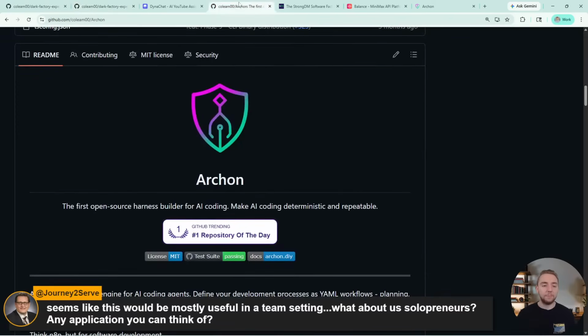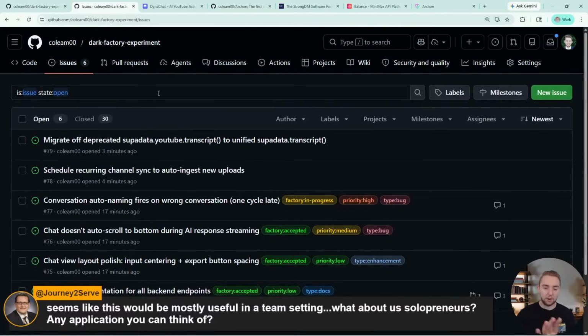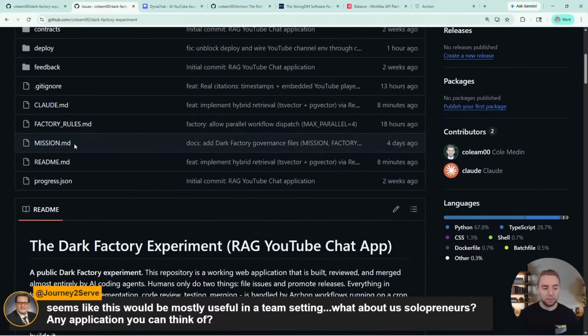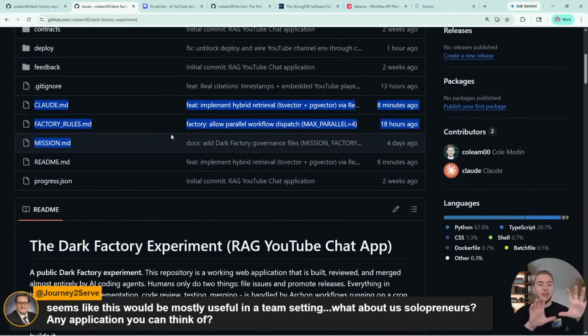It's so convenient having the issues be your entry point. You file an issue, here's my problem, here's the thing I want, and we don't have to do any other context engineering. That's the beauty of having the factory rules and mission.md and the global rules combined with the Archon workflows. Because the Archon workflow is the harness. That's how I know that when I file an issue, the AI coding process that I think gives me the best results is going to be invoked. Because the Archon workflow is going to guide the entire thing, and I don't have to prompt for it, or run my sequence of commands. All of that is just handled automatically.